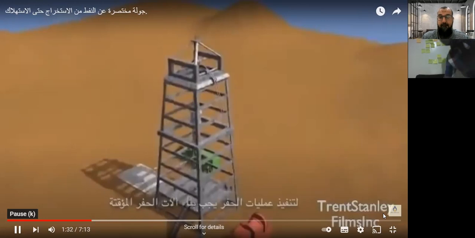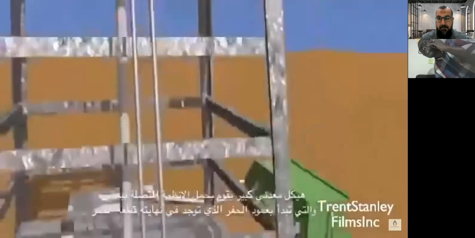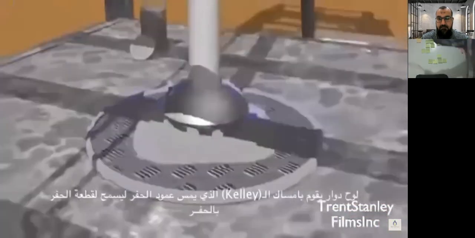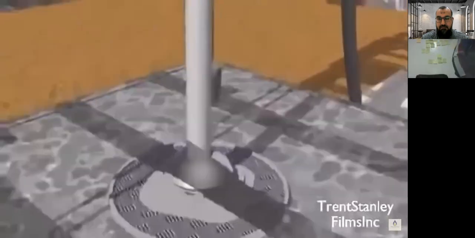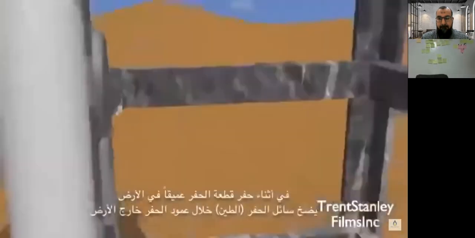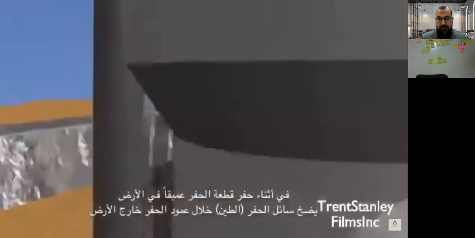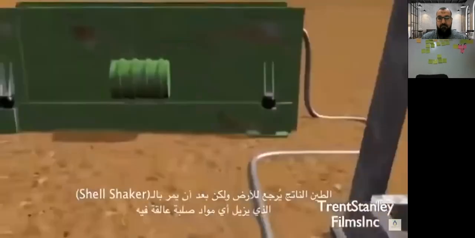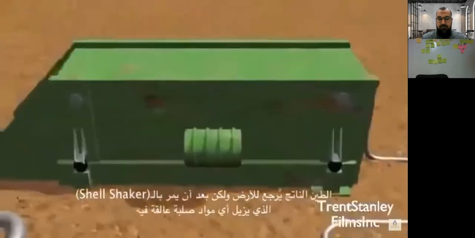The large derrick allows for a pulley system that can support a long drill pipe attached to the drill bit. A turntable turns the Kelly, which is attached to the drill pipe, to allow the drill bit to drill. As the drill bit plunges deep underground, drilling fluid is pumped down through the drill pipe to wash the rock cuttings out. The resulting mud returns to the surface and passes through a shale shaker, which removes any unwanted solids